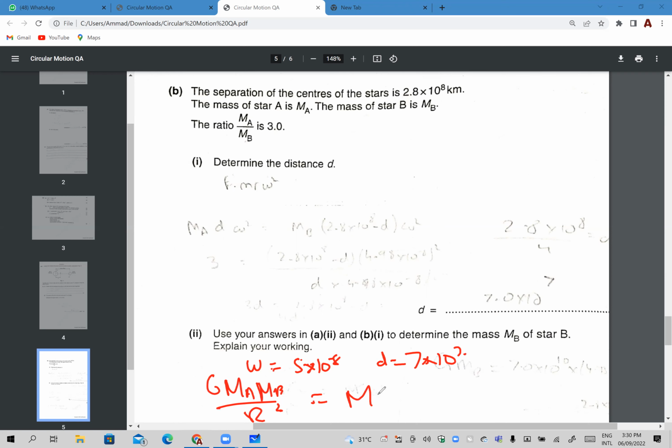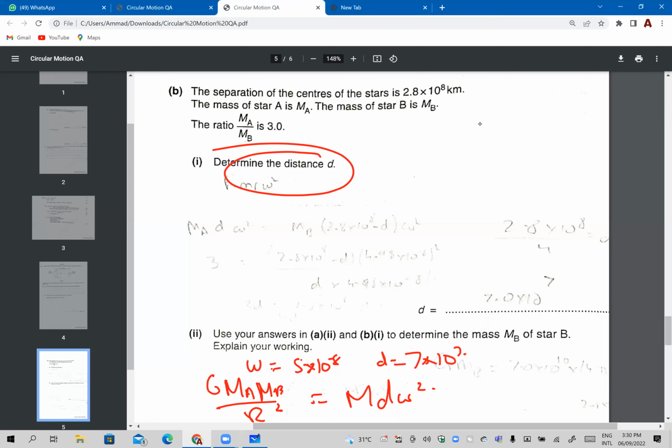तो m r क्या यहाँ पे d है, basically the distance till point P, and omega square. Do you get it? What we're finding here is the mass of star B, and we're using the equations of the centripetal force and gravitational force. We're equating these equations. We're using distance d. Why? Because you're supposed to use this answer. And why are we using this answer? Because P is the central point. This is where the gravitational force acts. That is where the planets orbit about. So using these two equations, अच्छा यहाँ तक simplified हो गया सब कुछ।